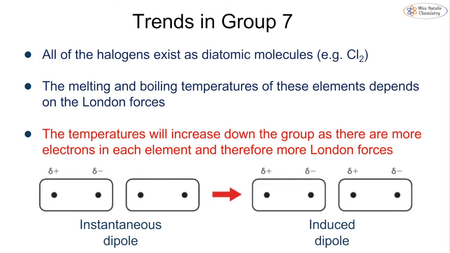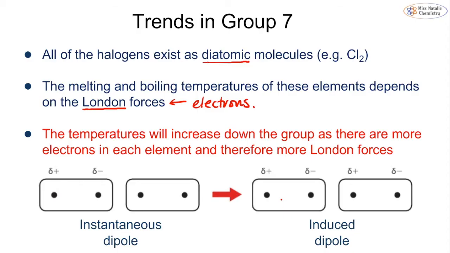So all of our halogens are going to exist as diatomic molecules. So they will all exist as two atoms stuck together. And we know from topic 7 that the melting and boiling points of elements or any molecule is going to be dependent on their intermolecular forces, and in this case it's going to be their London forces. Of course, because it is the same element, they don't have permanent dipoles, and there's no hydrogen, so we don't have any hydrogen bonding. So it's simply due to the London forces, because that is linked to the number of